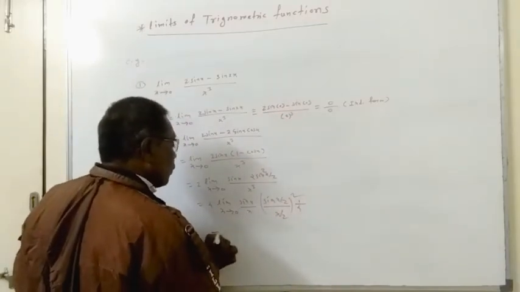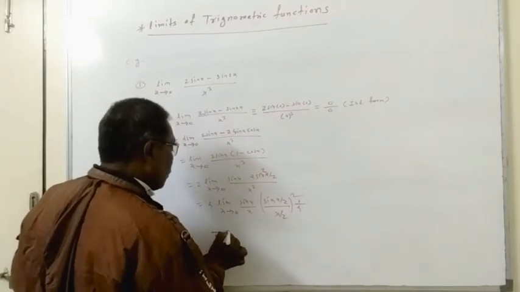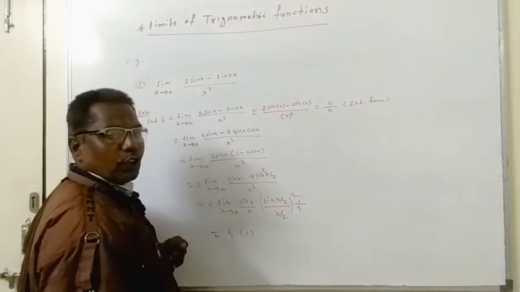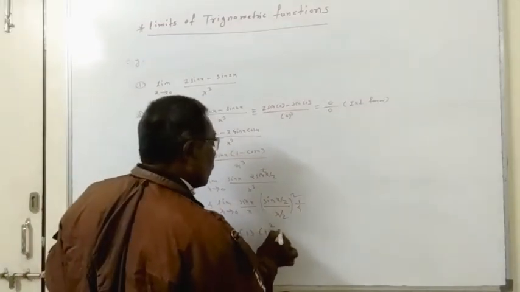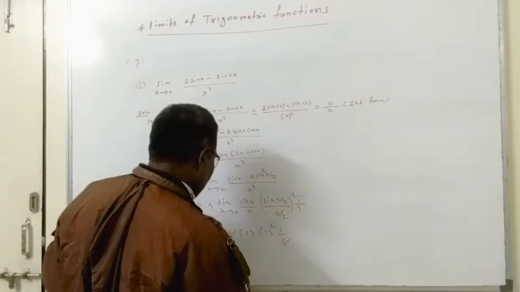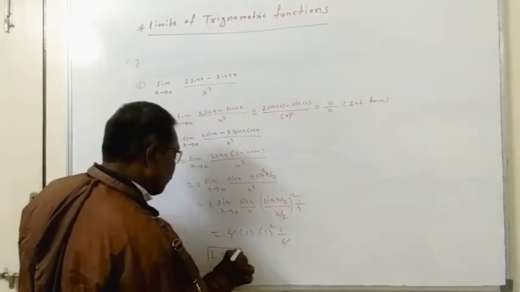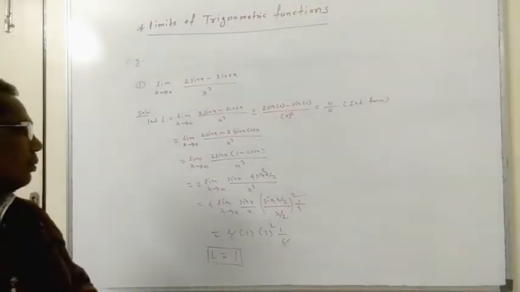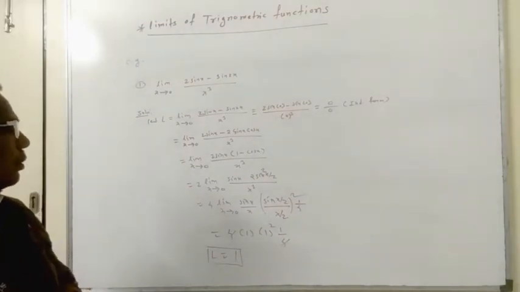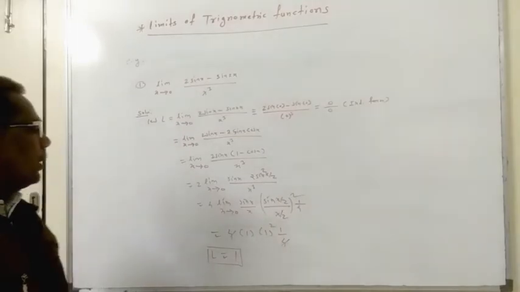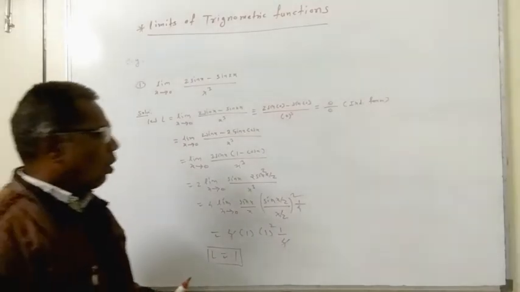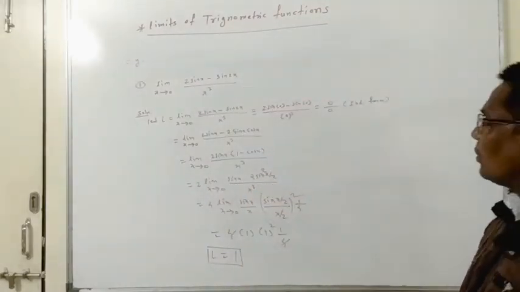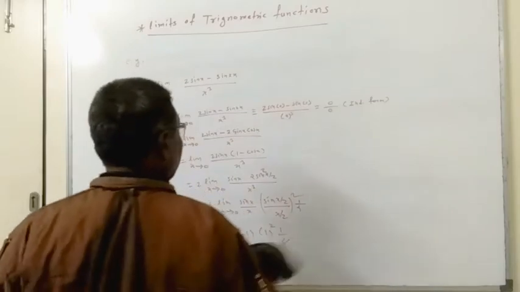Now here the example is in the standard form. So sin x upon x is 1. Now as x tends to 0, x by 2 also tends to 0. So 1 square and 1 upon 4 gets cancelled. So the required limit is 1. So like this we can use the standard formula method. While using this formula you must be strong in the trigonometric formulas, so that you recall them nicely within limited time.